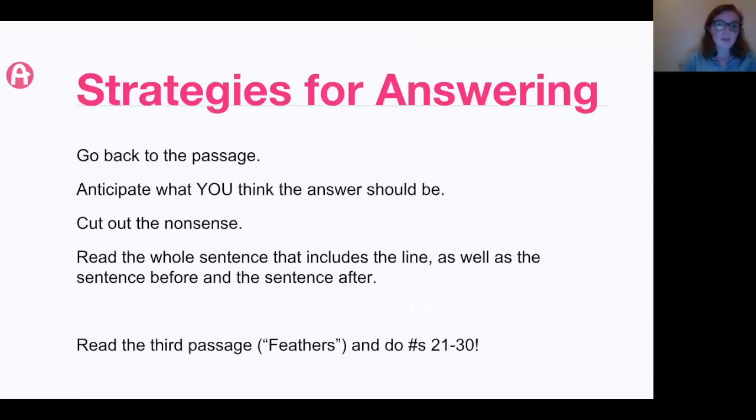So I think that this is one of the hardest things to demonstrate to your students, but it's really important, and it gives them a little bit more agency in this test. I'd say, tell your students, anticipate what you think the answer should be. If you've read the passage well, you already have all the information that you need to know. Some people literally will cover up the answers with their hand. I don't mind that at all. You can literally cover them up